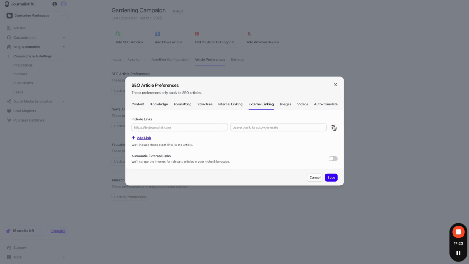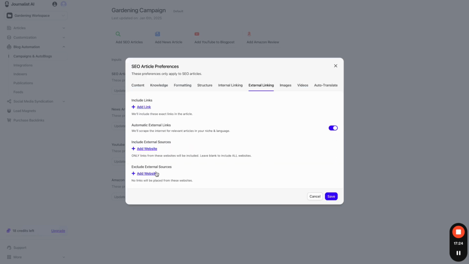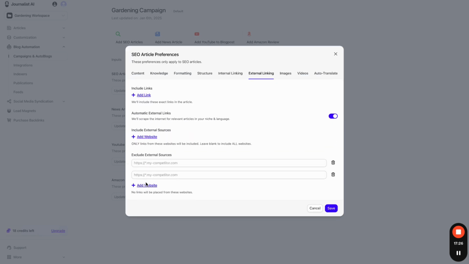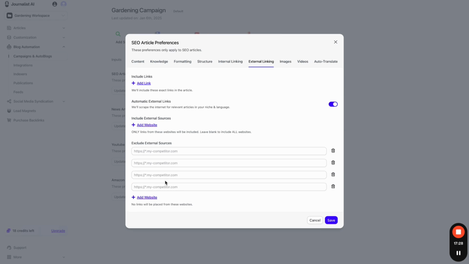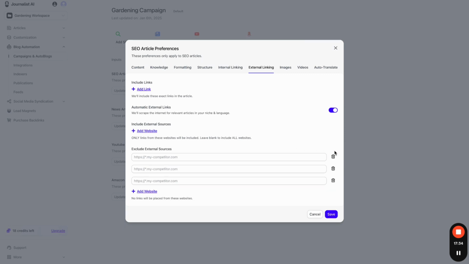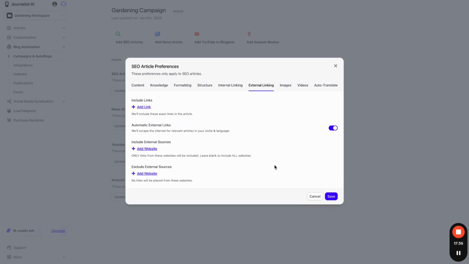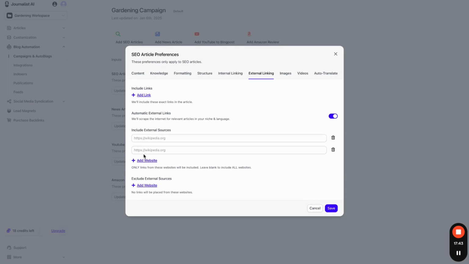Now, you can also exclude sources if you'd like. For example, if you want to exclude some of your competitors, you can add all your competitors here and exclude them, making sure that we do not link out to any of your competitors. Okay, so you can do this as well right here if you'd like to exclude any of your competitors. Now, if you only want to include specific sources, you can add these ones right here. And we will only use links from these websites. So you can leave it blank to include all sites, or you can add them right here to include these